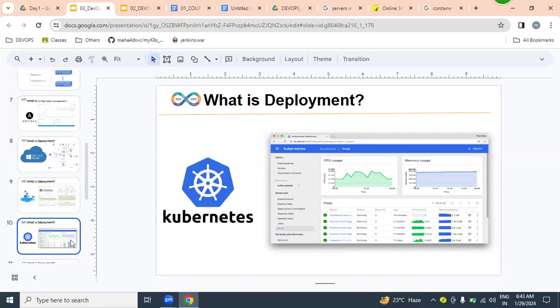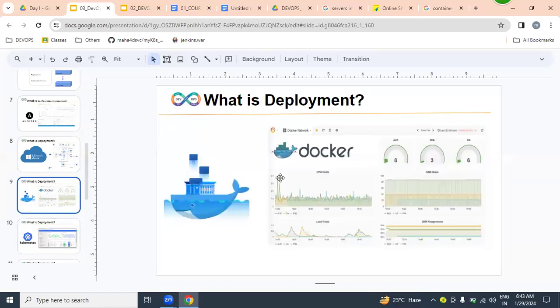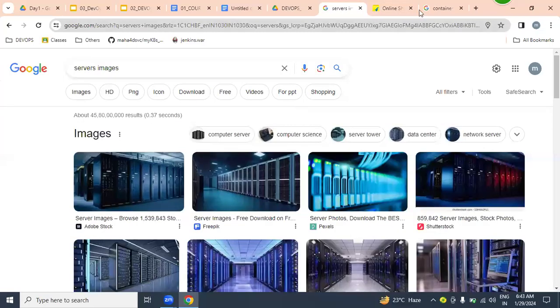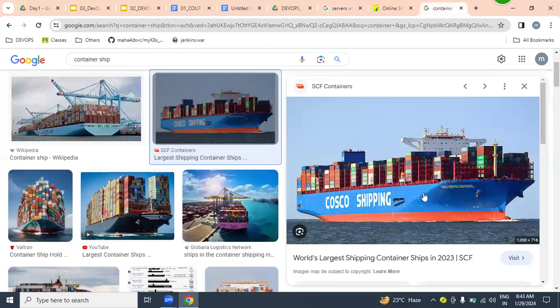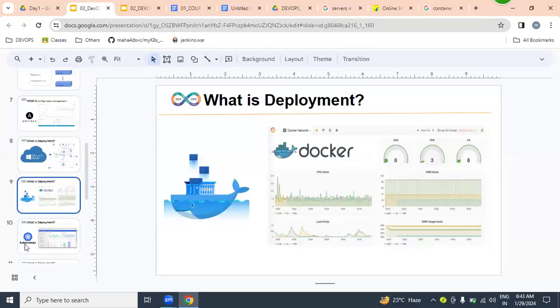With the help of Kubernetes, we can orchestrate our Docker containers. How? By easily managing all the containers in the same way. We're going to be learning